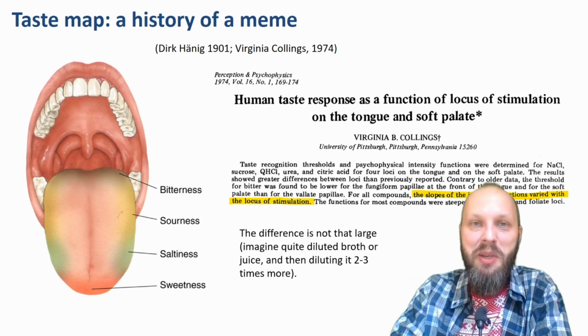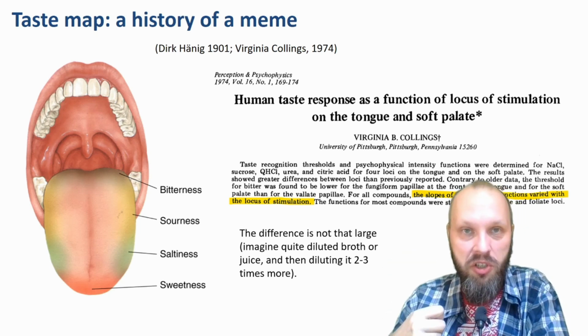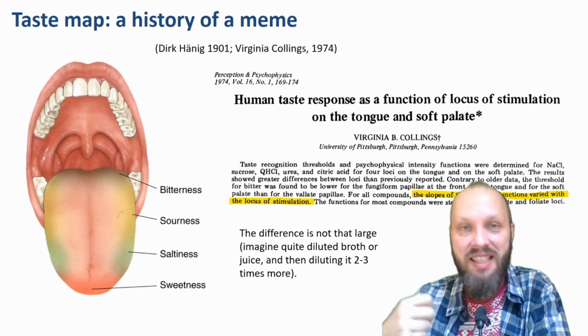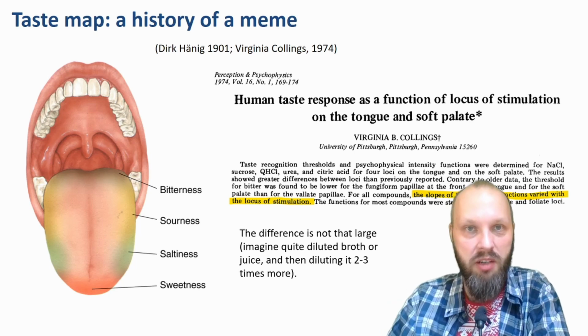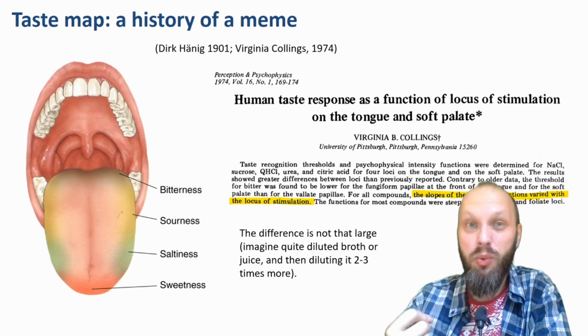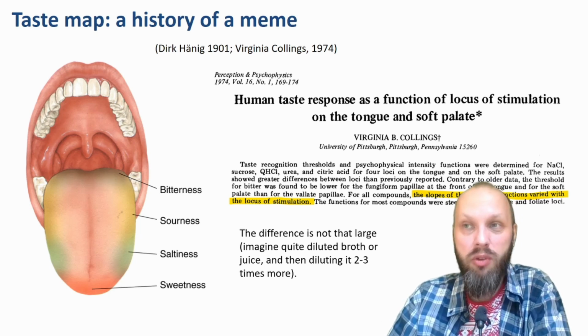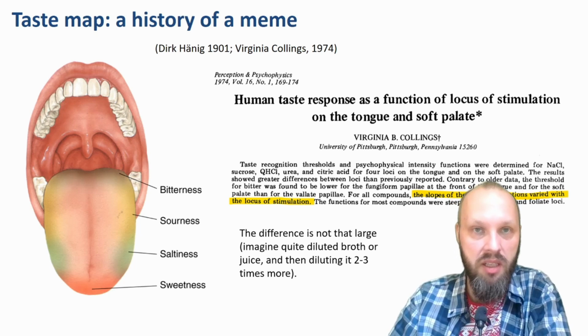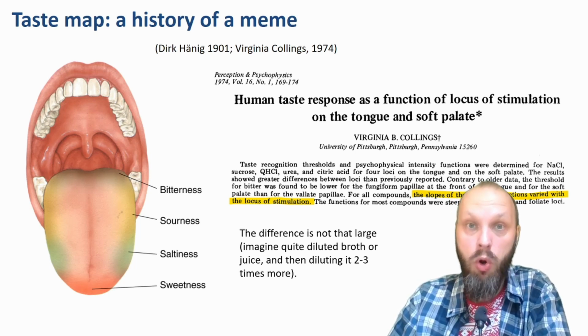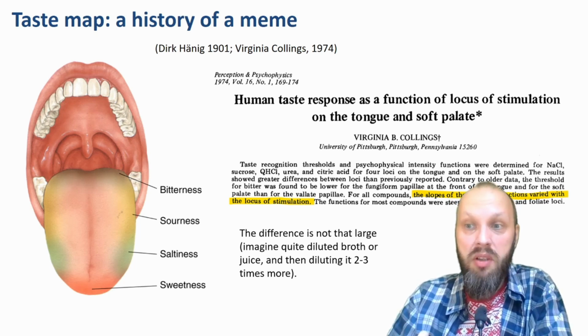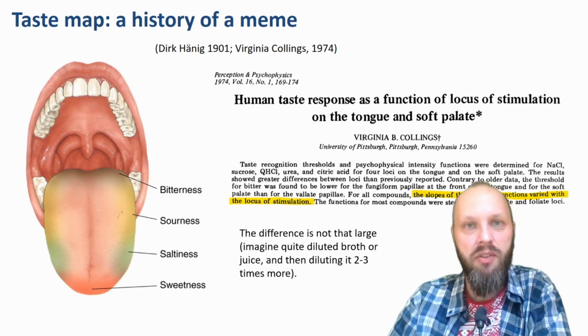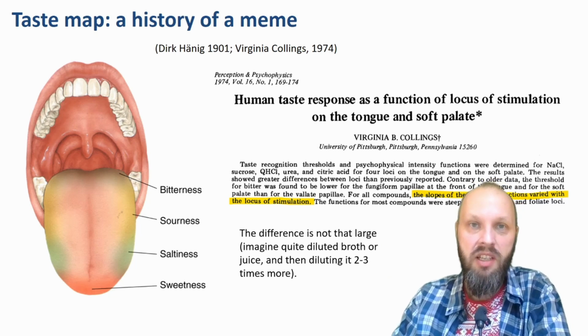But the interesting situation is that Virginia Collins essentially confirmed the original study, but now her study is cited as a disproval of the original study because people kind of forgot what the original study was. And I guess it's just really interesting for people to think that there was a meme in the textbook and that textbooks were wrong for so long. And now this had become a meme in itself. So the truth is that different parts of the tongue are sensitive differently, but the differences are very tiny, and